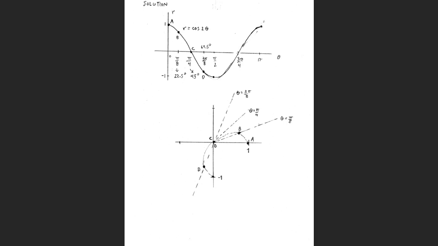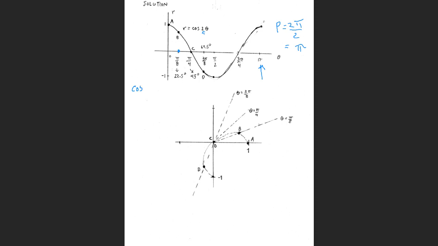So keep in mind the period of a cosine function is 2 pi, but we have the cosine of 2 theta. So to get the period, you take 2 pi and divide it by 2, and that gets you pi. That's the period of this trig function. So what I do is I graph the trig function from 0 to pi, and I'm going to put in some nice angles. So, pi over 8. Why is that a nice angle? Well, if you have the